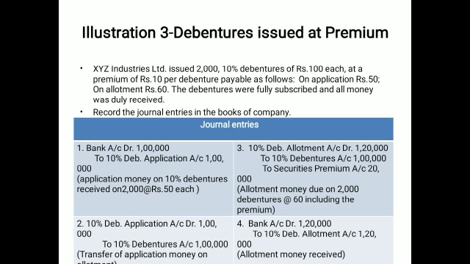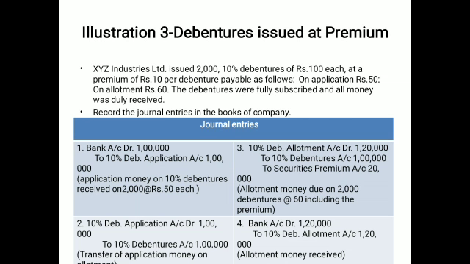Now I am moving to the debentures issued at premium. Now, 2000 debentures at the value of 100 each are issued at 10 rupees premium. Here the word premium automatically refers to the 10 rupees, so there is no need to calculate the value. Now I am moving to the allocation: 50 on the application and 60 on the allotment. So the total amount is more than the face value 100, which means the 10 is referring to premium. So at the time of allotment, the face value is 50 plus 10 of premium.